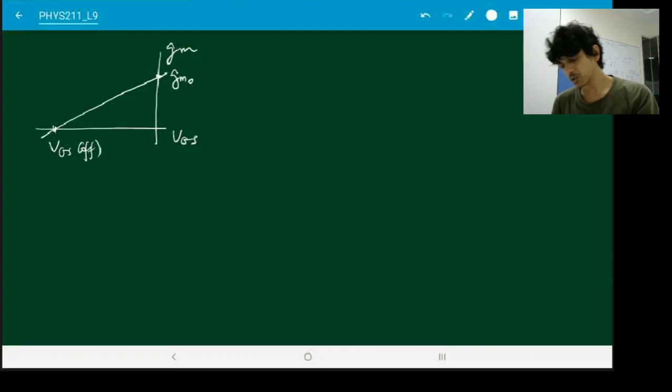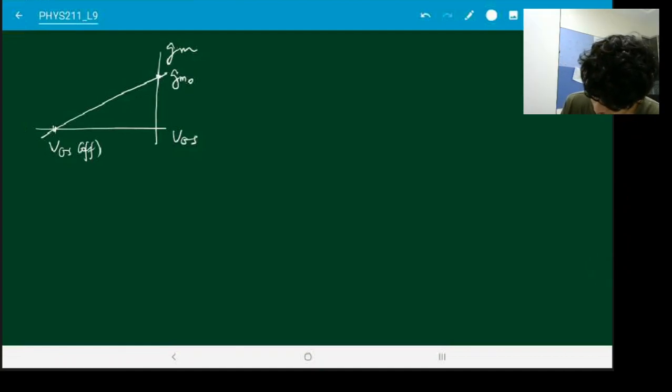Why do we care about this quantity transconductance? Because it appears in a lot of places. So for example, just like in the case of the bipolar junction transistor, we constructed a lot of different kinds of circuits and we saw how they work. You can do the same thing over here also. So you can use your JFET as a switch, you can use it as an amplifier, you can construct a differential amplifier with it, and so on and so forth.